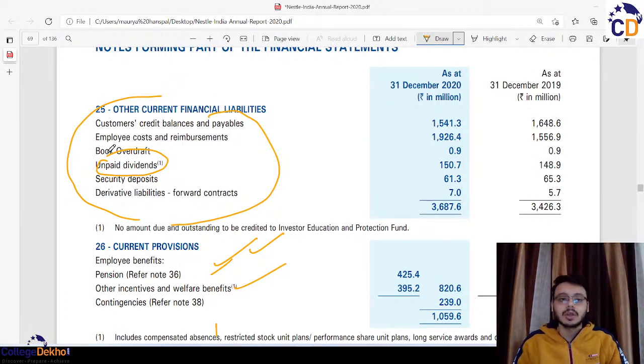So it's a liability. So ये हुआ, and in the next session I'll be talking about the notes to accounts of the P&L statement. Okay. So see you in